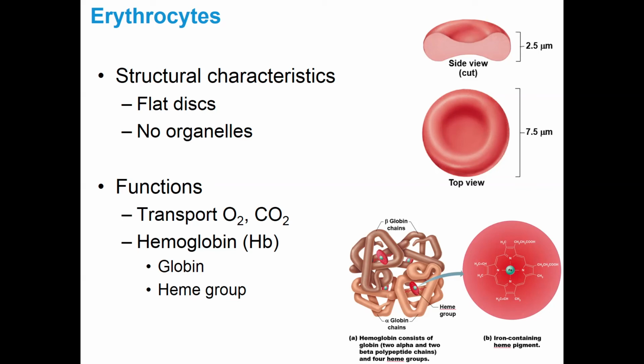So there are 2 components to that. There's globin, so there are 4 globin chains. There are 2 on top, those are the 2 beta chains, and then 2 on bottom, which are the 2 alpha chains, and each chain has a heme group that's attached to it. That is the iron-containing component of hemoglobin. Each heme group binds to 1 molecule of oxygen. So each molecule of hemoglobin, with its 4 globin chains and thus 4 heme groups, is able to carry